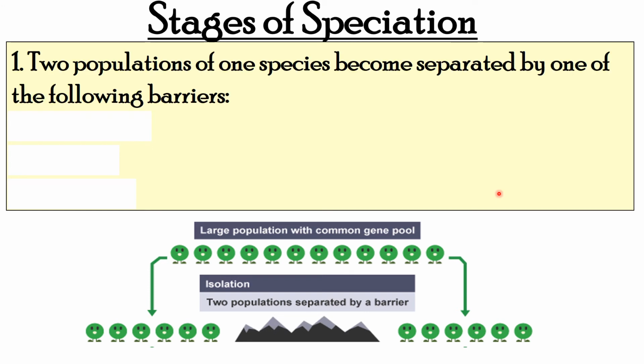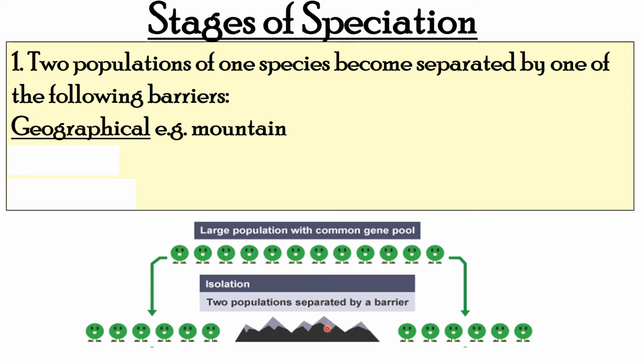So the first thing that happens is the species need to be separated. So this can be by various barriers, and one of them is called geographical. So I know it seems, how can they suddenly be separated by a mountain range? But we're talking about some species have been around for millions of years, and you will have potentially mountain ranges which do arise. Himalayas are relatively new in terms of mountains, I think. So you'll have mountain ranges